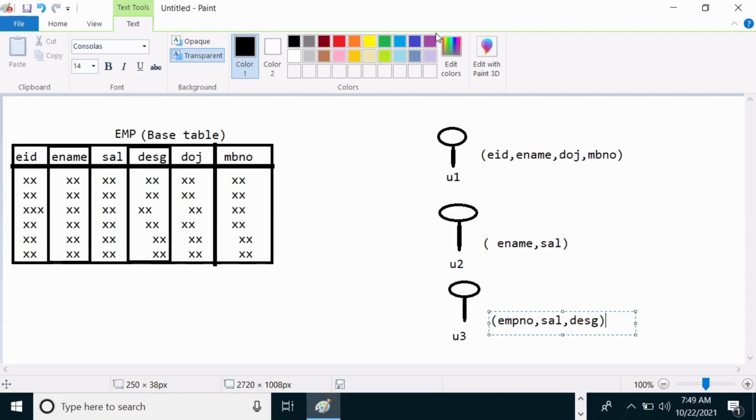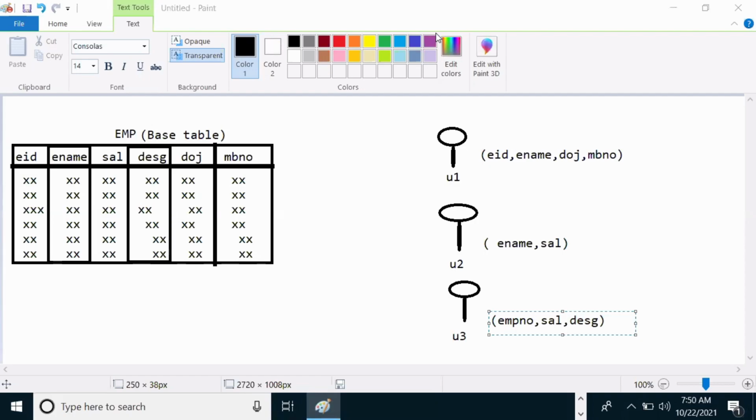Are you sharing this entire table to these users, U1, U2, U3, or else whatever they asked, whatever they wanted, only that data we are sharing? Suppose you are the database admin.